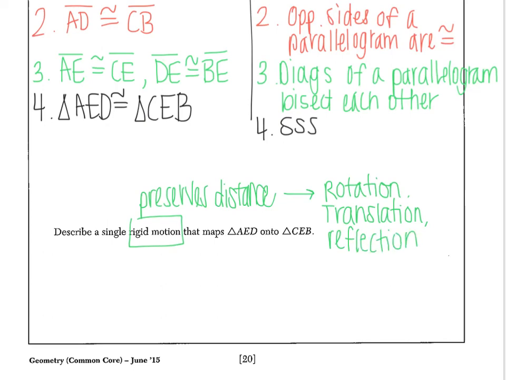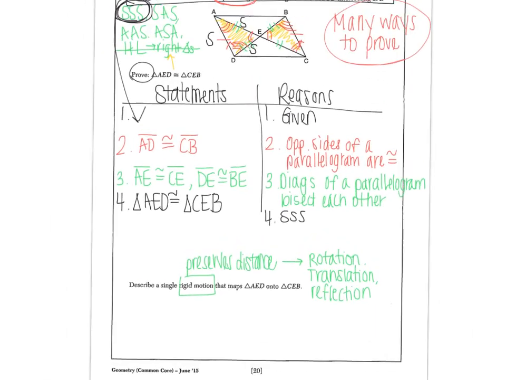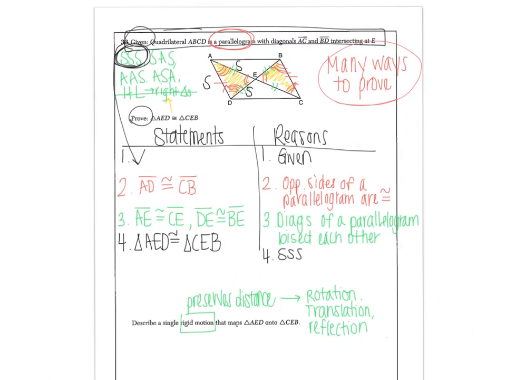So here I'm just going to zoom out a little bit so we can see the triangle and try to answer the question at the same time. I need to map triangle AED onto CEB, meaning A needs to move on to C, D needs to move on to B, and E needs to stay where it is. So if I want to take A and bring it all the way over here to C, and D all the way over here to B, it looks as though I'm rotating, capital R. And because I want E to stay the same, I'm going to rotate around point E,